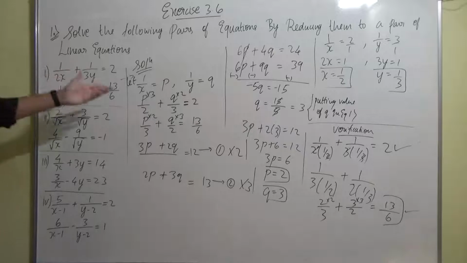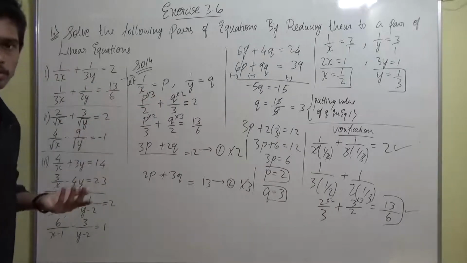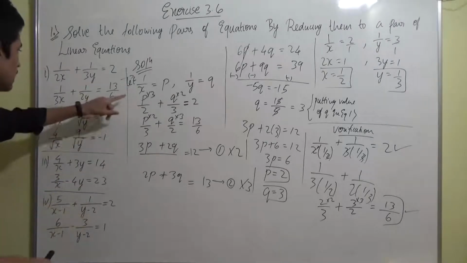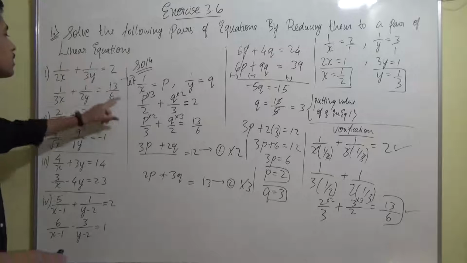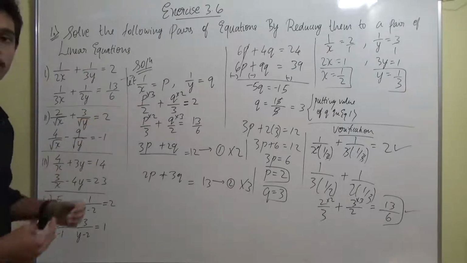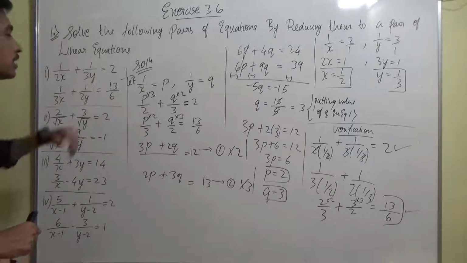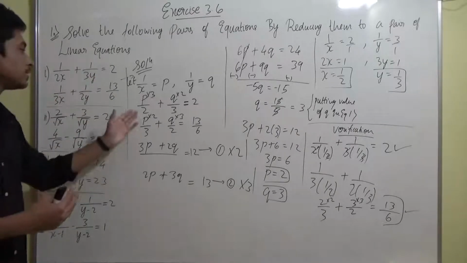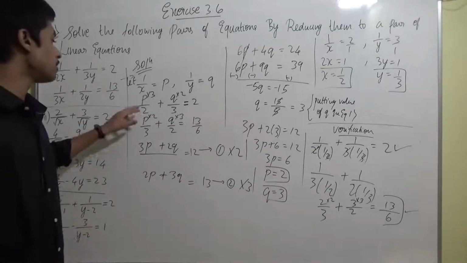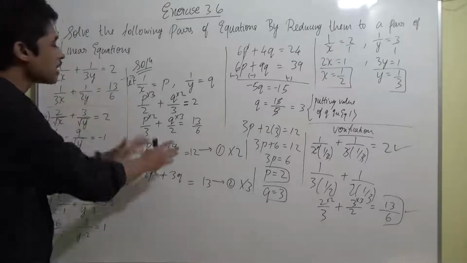Or else you can substitute with any other variable also, u and v, but generally we use p and q because that's how we have come on using it. So we'll assume like this, and then we'll replace this value back into the equations. We'll get an equation like this. Now in this equation, what advantage we have is the variable is in the numerator part, whereas previously it was in the denominator. So we can take the LCM. It gave us the advantage of taking the LCM. We took the LCM and then we made it into a linear equation. So from fractional we came back to linear.